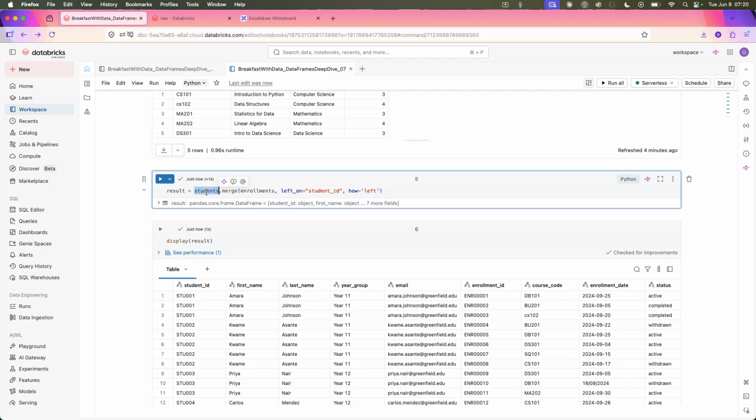This student is the left, and the right is enrollment. So you can say left on student ID and right on